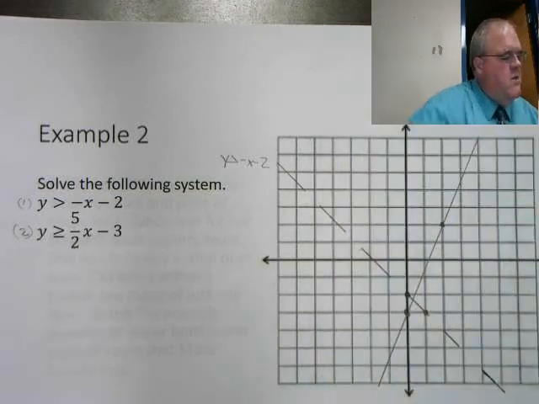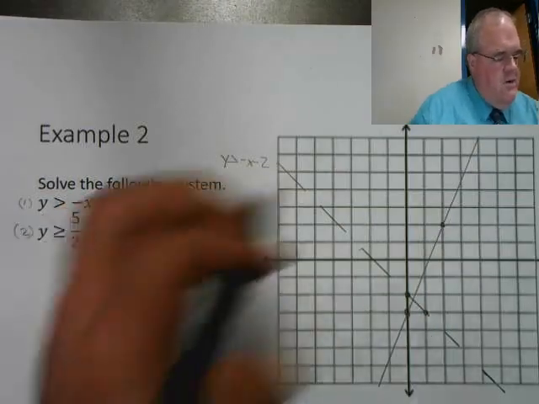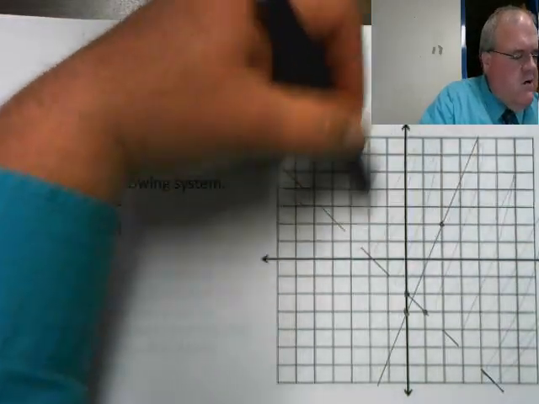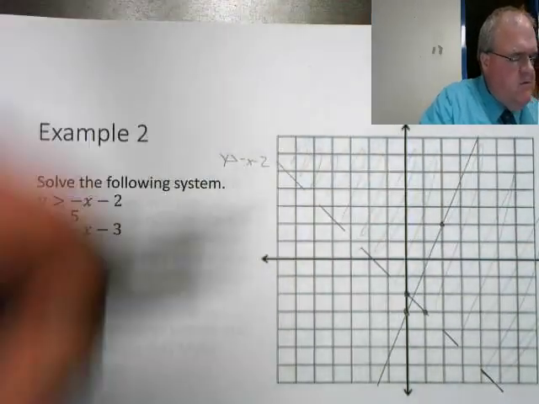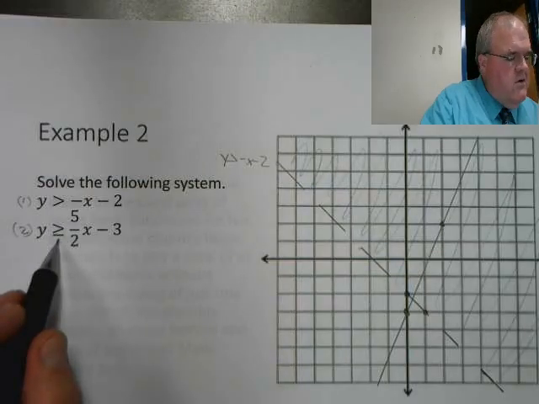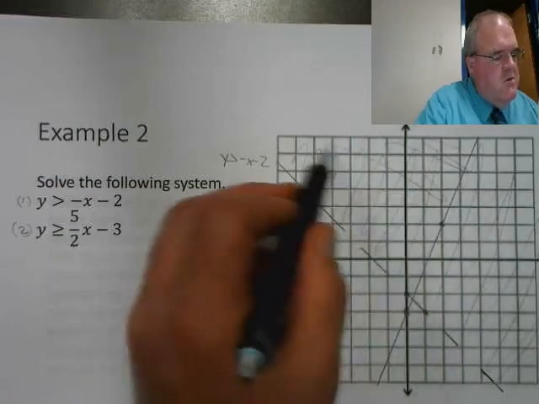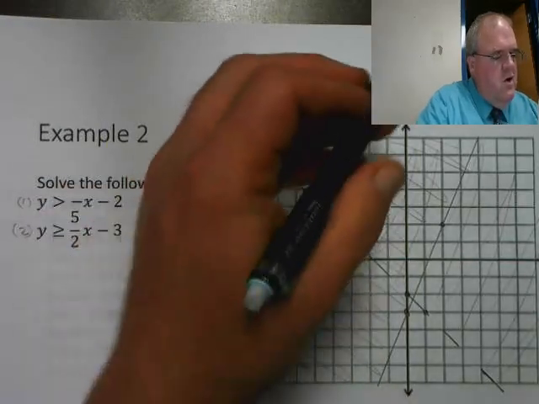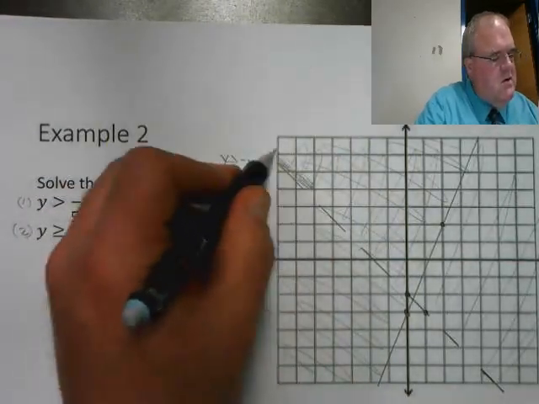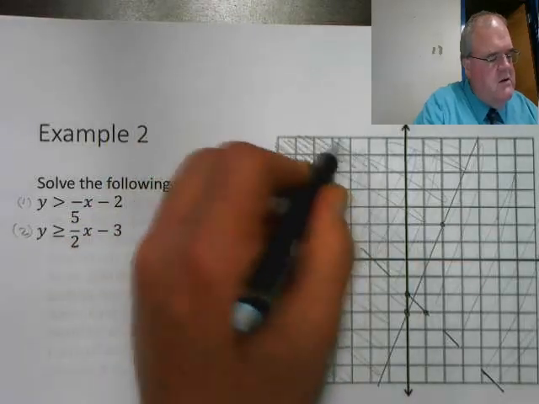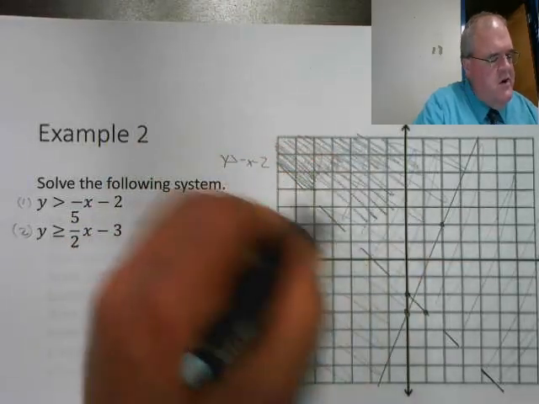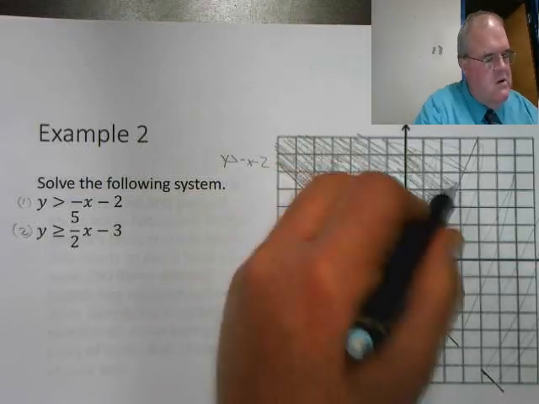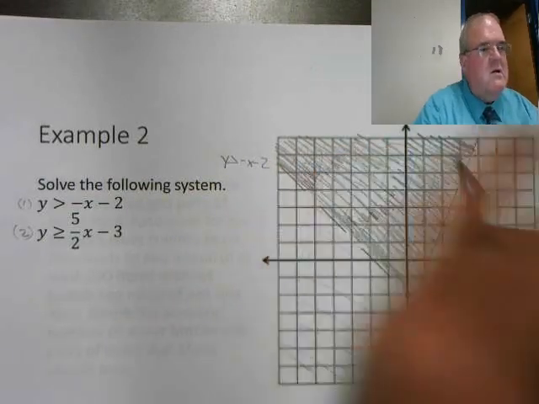Now, this first one is greater than. So here is greater than. Greater than is always above. This is greater than or equal to, so it's going to be here. So the answer is going to be this area that is shaded by both of them. Wait, so we